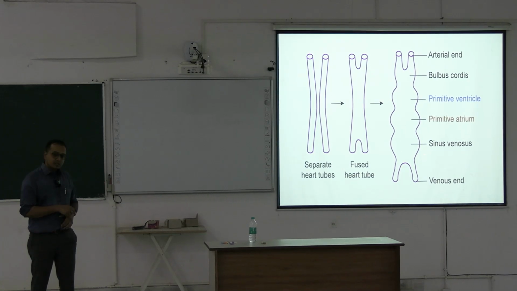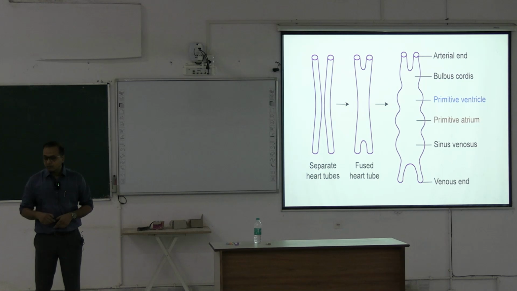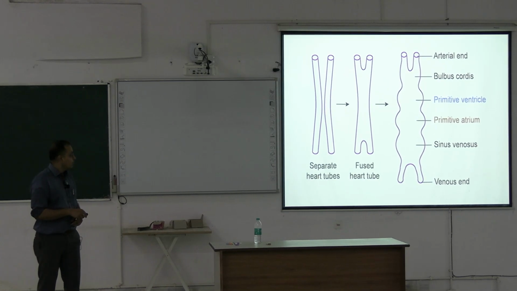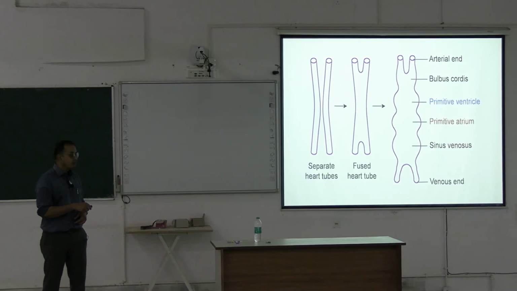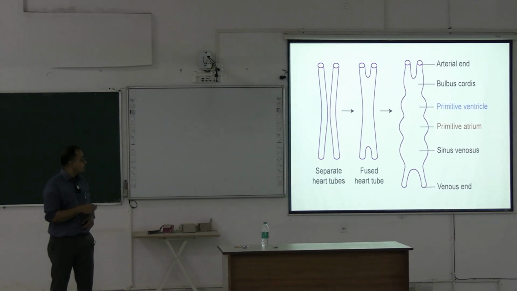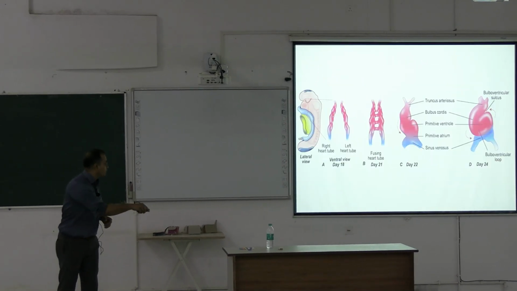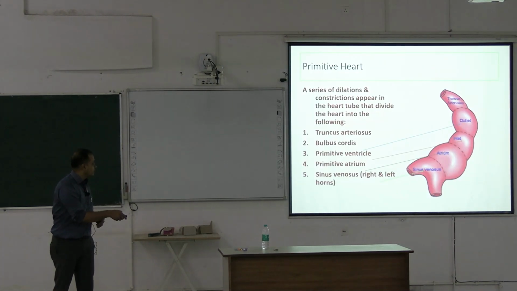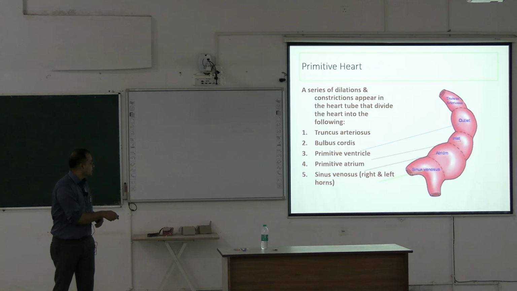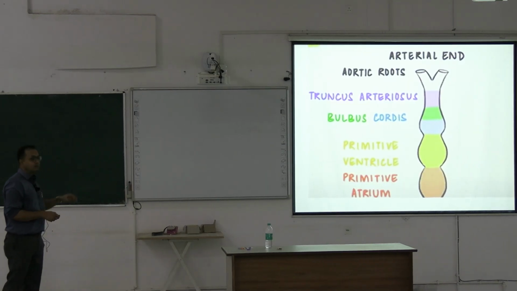The lower side we call the sinus venosus. This sinus venosus has two horns, the right horn and the left horn, which end in the primitive atrium, which goes to the primitive ventricle. Then we have the dilated part, which we call the bulbus cordis, and then we have the arterial end. Then we magnified this bulbus cordis into this part,